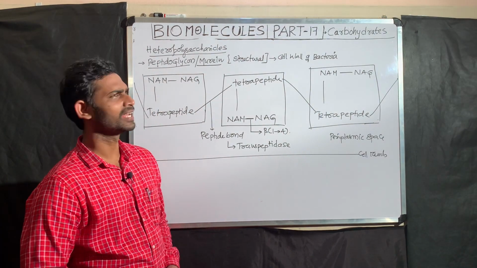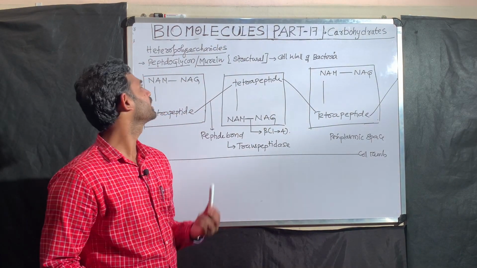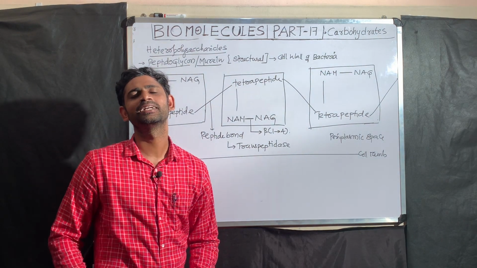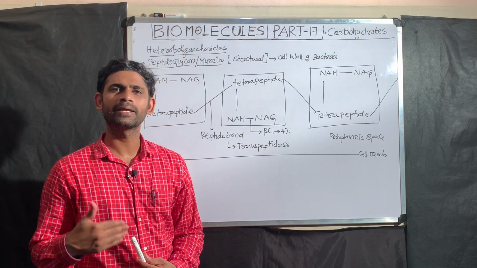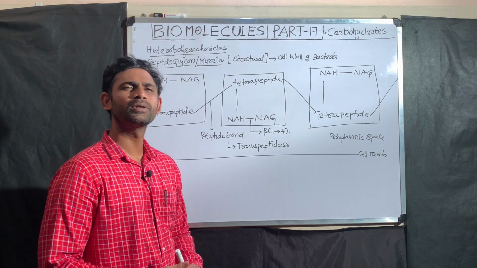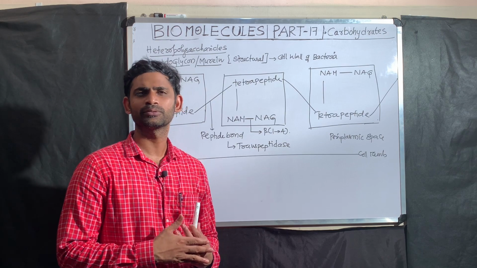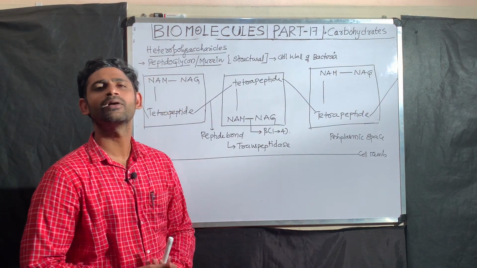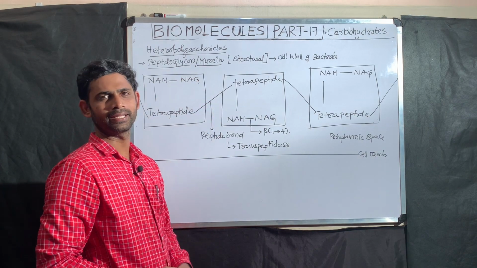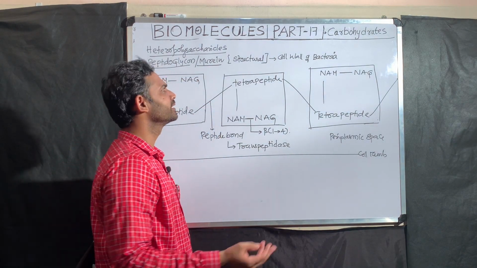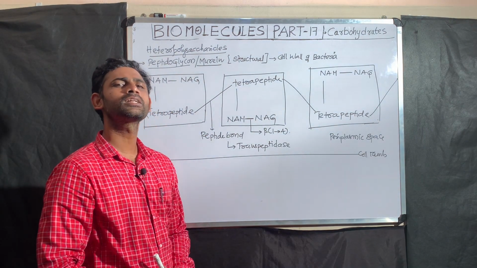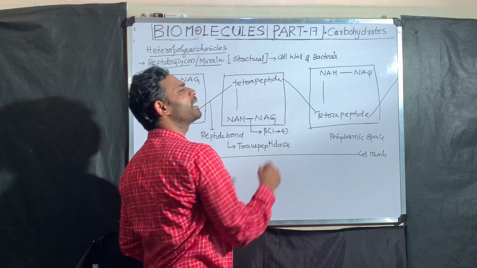After homopolysaccharides, now I am going to explain the heteropolysaccharides. What is the definition of heteropolysaccharide? Made up of more than one type of monosaccharide. Here I am going to explain peptidoglycan, because in the NCERT textbook this peptidoglycan comes up many times. Peptidoglycan is also called murein. Like cellulose and chitin, this also belongs to structural polysaccharides. What is the function of peptidoglycan? It is the cell wall of bacteria.